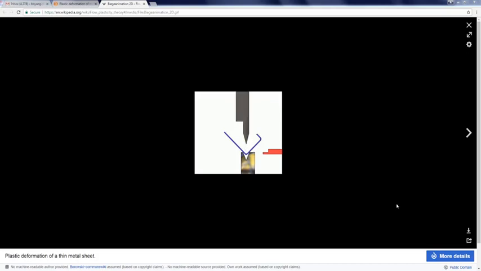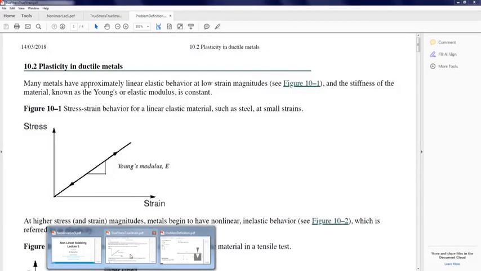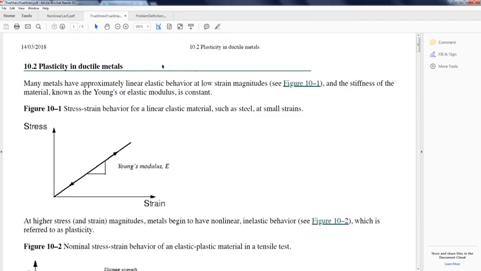So here the problem would have two nonlinearities. One is a contact nonlinearity, which we already saw last week, and the other one is plasticity, which we've learned this week. Before we go straight to modeling, there is some important information that I would like to highlight, which is about the definition of strain and stress when it comes to modeling plasticity.